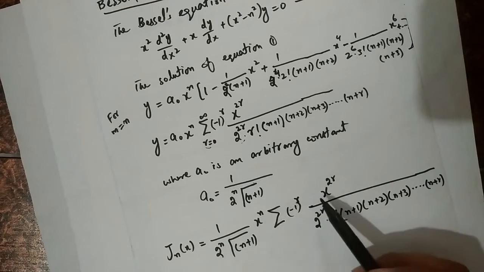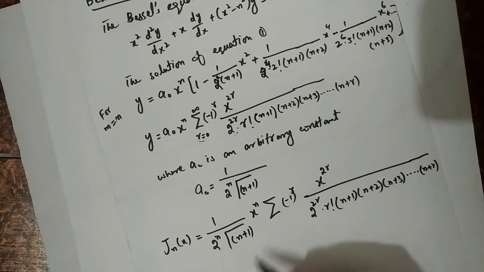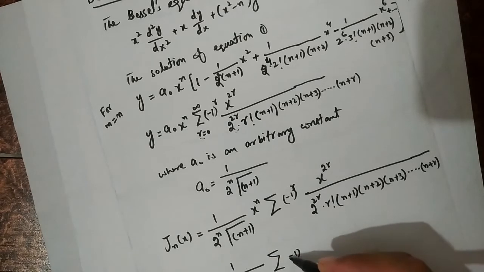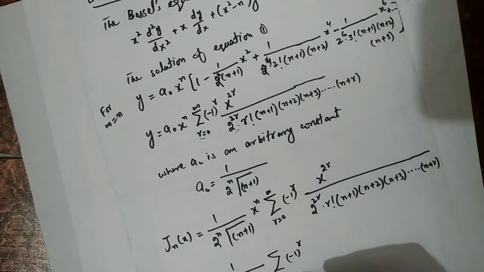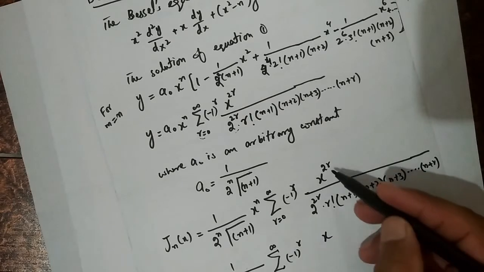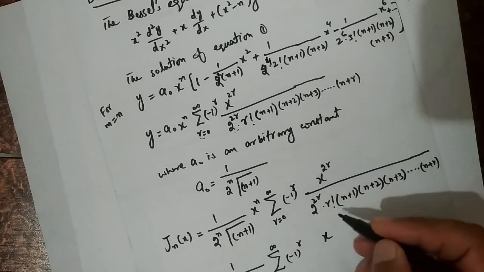So when this x to the power n is multiplied with this x to the power 2r, it will become 1 upon 2 to the power n into gamma n plus 1 into summation minus 1 to the power r, and remember that the summation is for r equals 0 up to infinity, and this will become x to the power n plus 2r divided by,